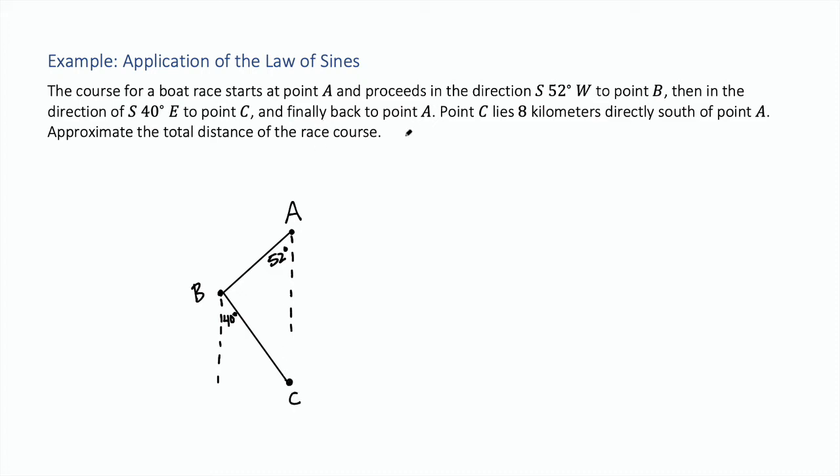And then back to point A. And we know that point C lies 8 kilometers directly south of point A. So we've got that connection right there, and that is a length of 8 kilometers. We want the total distance of the race course, so we're looking for all the side lengths so we can add them together. We don't quite know this angle yet here, but we can find it fairly simply by thinking